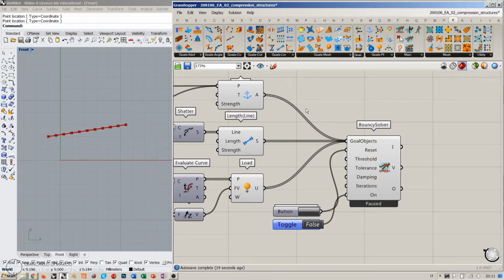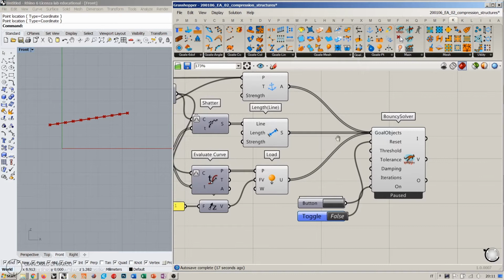Okay, so once you have this simulation set, I would always recommend that you reset simulation before executing it, and then you switch this toggle to true, and you see that your system starts to fall down. Now I won't go too deep into this elastic forces simulation. There are so many things to comment and observe, but just one observation, which is one of the main questions that every new Catenary user